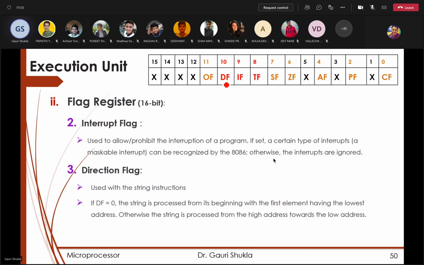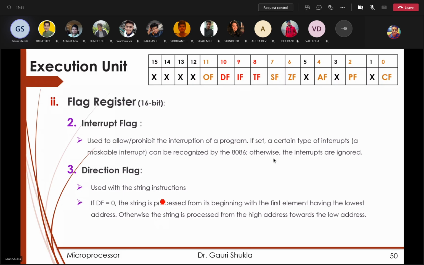Usually if we want to do block transfer, this is again one of the favorite programs here. As I have told you, all bits are 0 at the beginning. Status bits will get changed depending upon the result. So if I don't change these bits, by default they are 0. So if DF is 0, the string is processed from the beginning. Our usual way is what? We start from the beginning. Nobody starts from the bottom, right? So from the first element to the